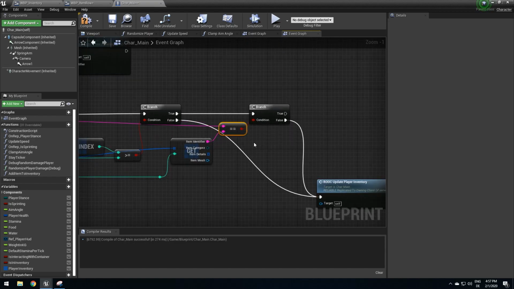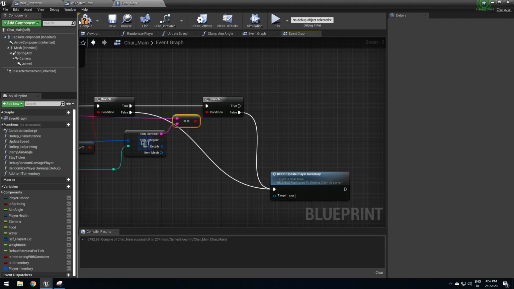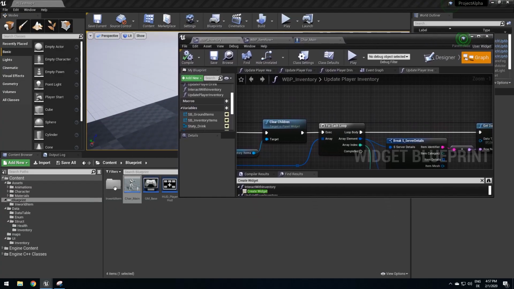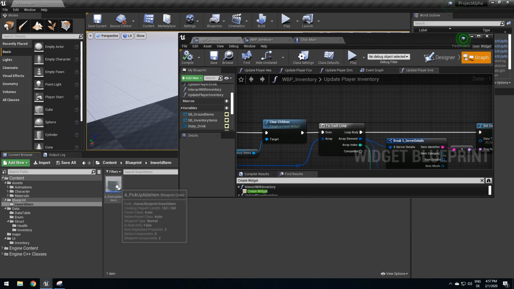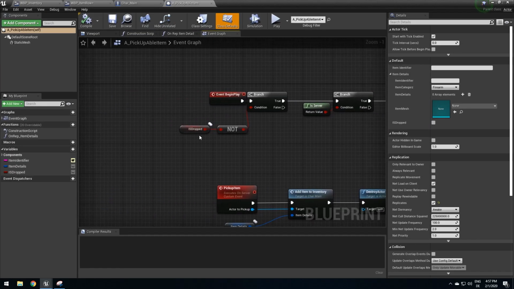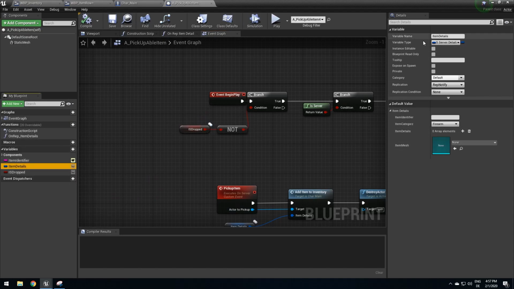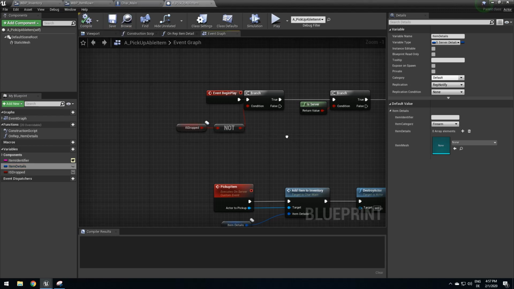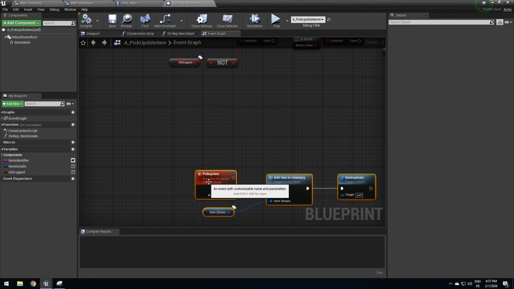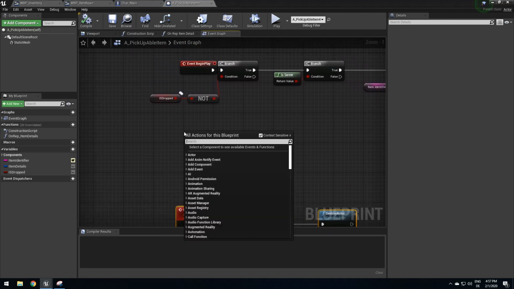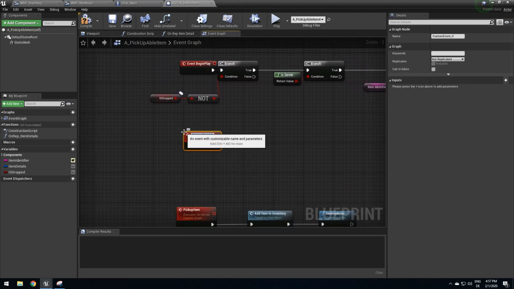And the last thing now is we want to actually drop it. And for this, I just made something a bit special here. So if we have an inward item and we want to call is dropped, if it's dropped, we want to not do anything. Then we want a custom event in here,